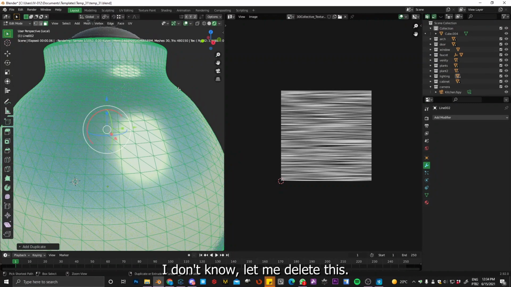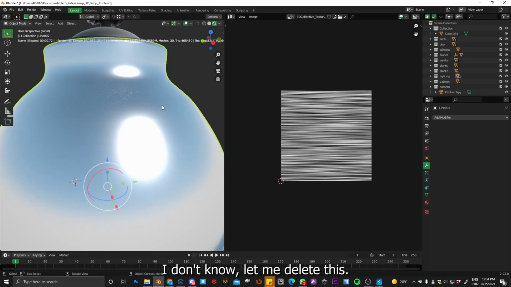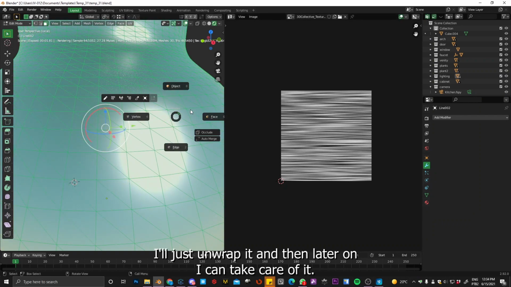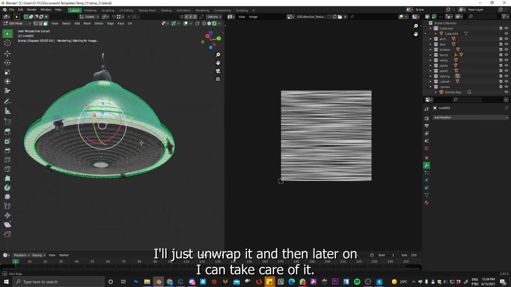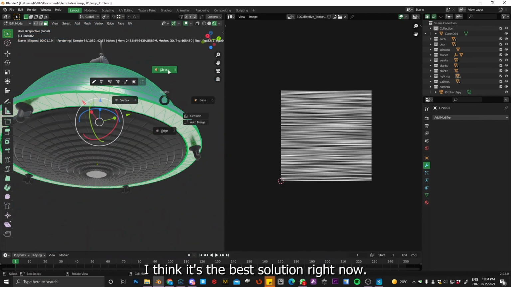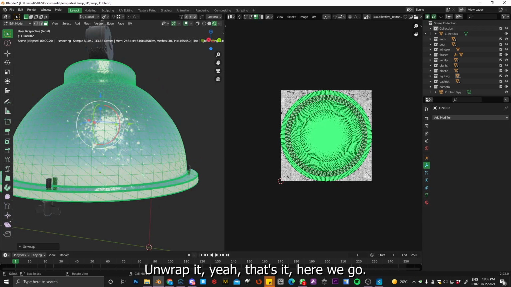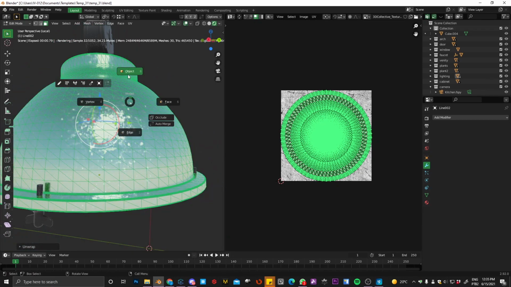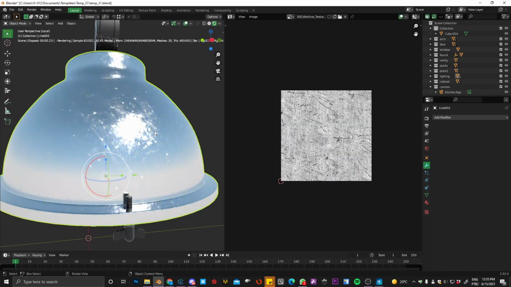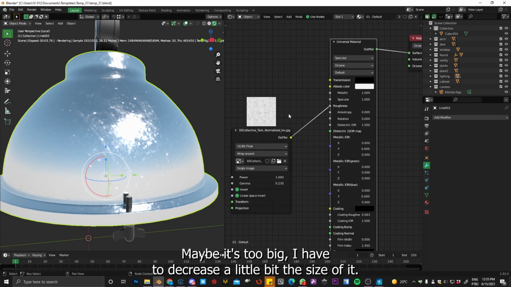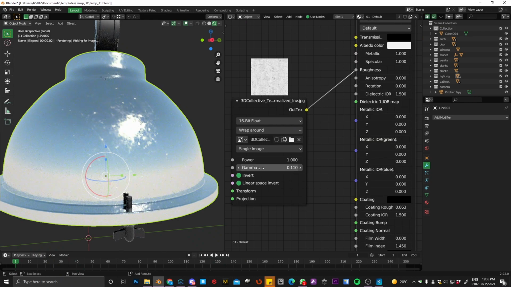I don't know. Let me delete this. Okay, I will just unwrap it, and then later on I can take care of it. I think it's the best solution right now. So yeah, unwrap it. Yeah, that's it. Here you go. Okay, maybe it's too big. I have to decrease a little bit the size of it, but